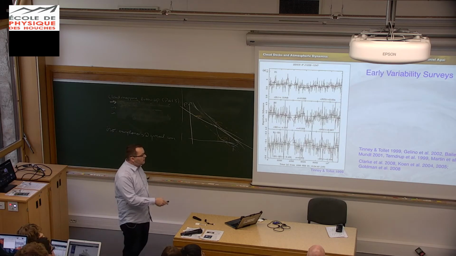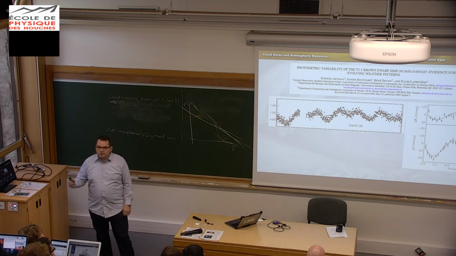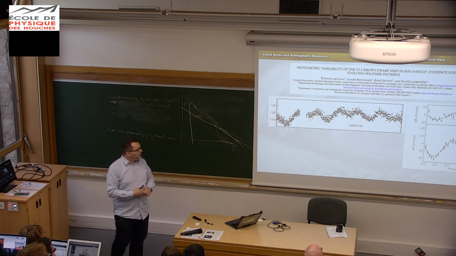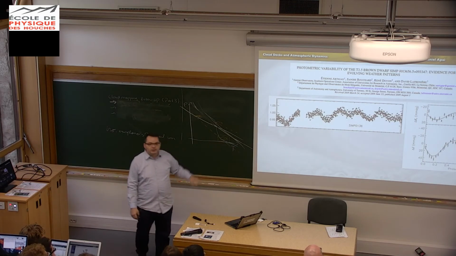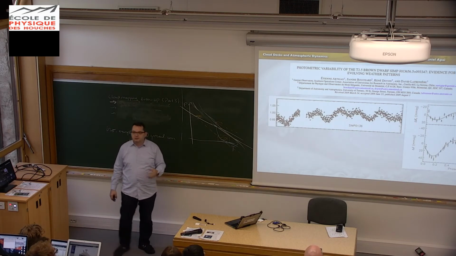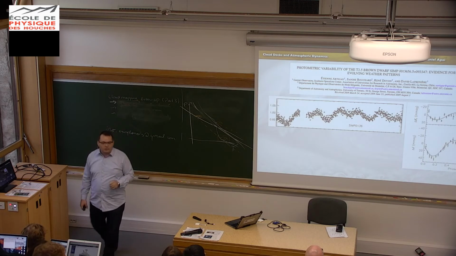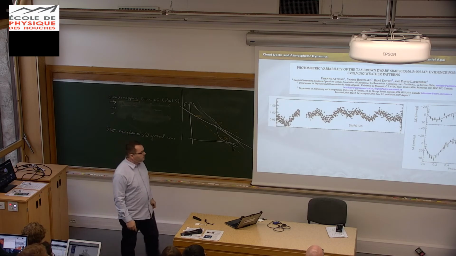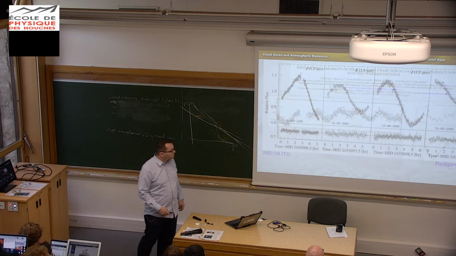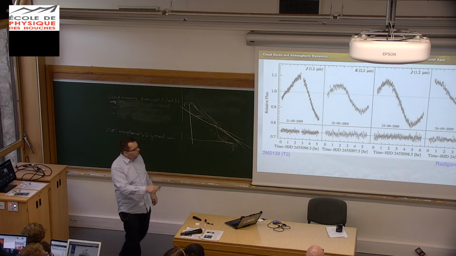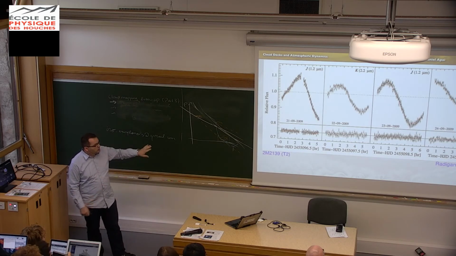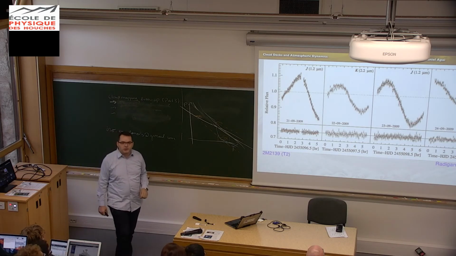Nevertheless, the idea has been around, but I think what really changed the field was this very nice detection by a team led by Etienne Artigau. This was very clear and very obvious photometric variability detected in an LT transition brown dwarf. And so this really, I think, sparked many other follow-up studies, and I will show you some of these. Another nice detection came from Jackie Radigan's survey, her PhD thesis,